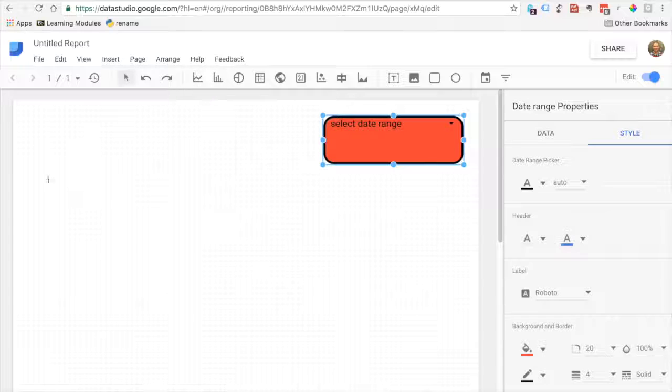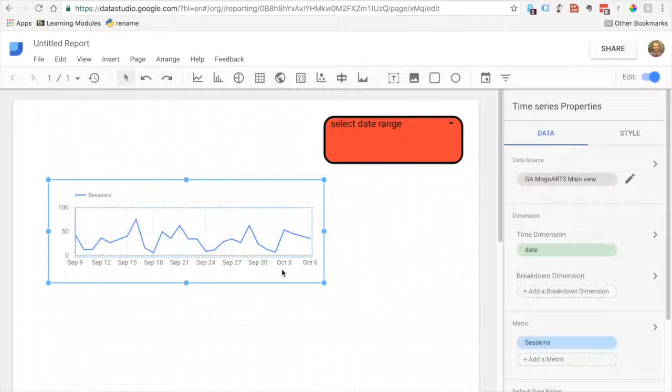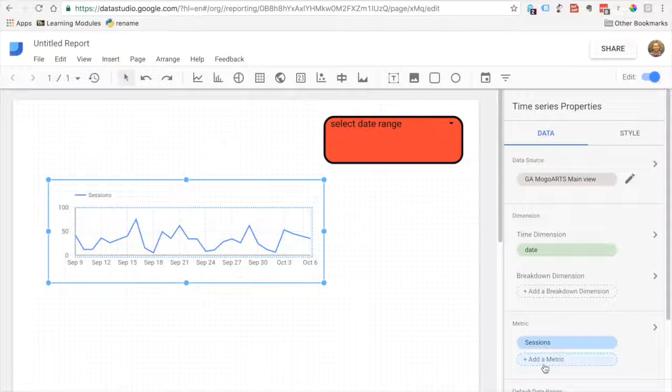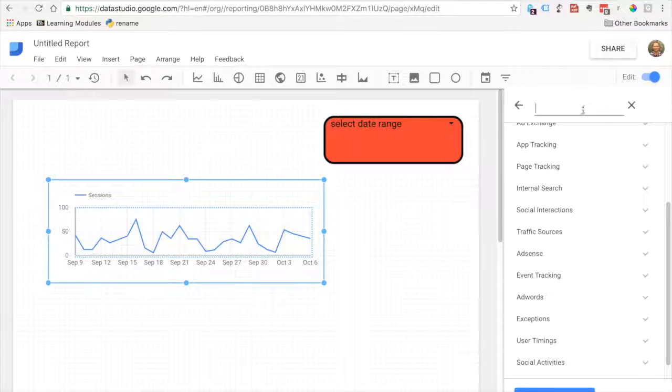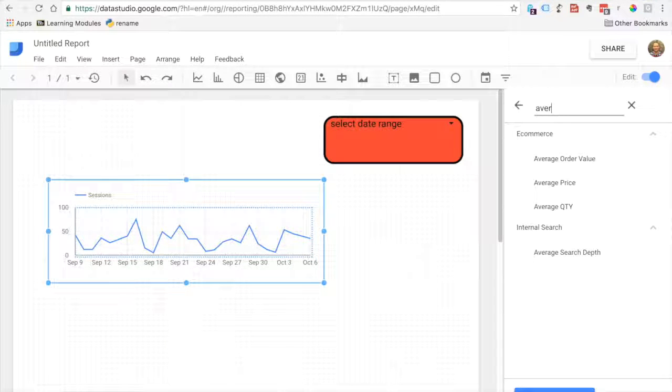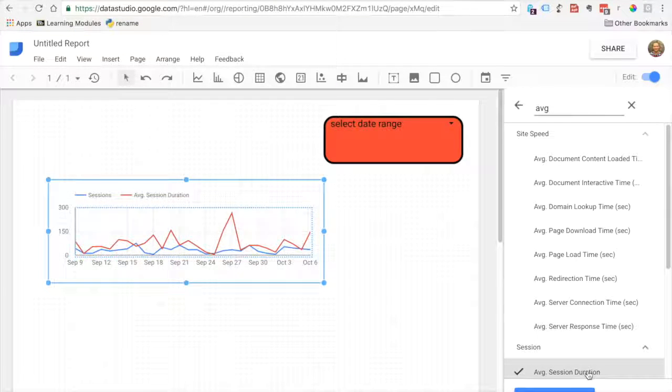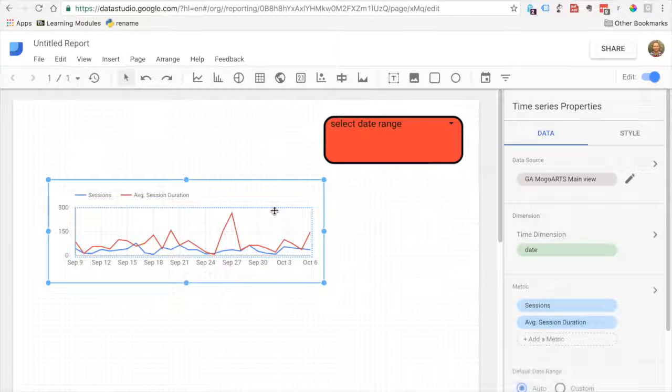I'm just going to build a line chart in here, and you can see by default it is going to select some things in here. So it looks like it selected the date and the sessions. Well, you know what? We'll stick with sessions, but how about we also go with, let's see, average session duration. Why don't we take a look at that as well? So now we have both of those overlaid in this particular